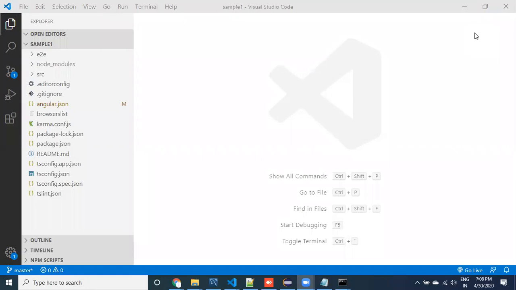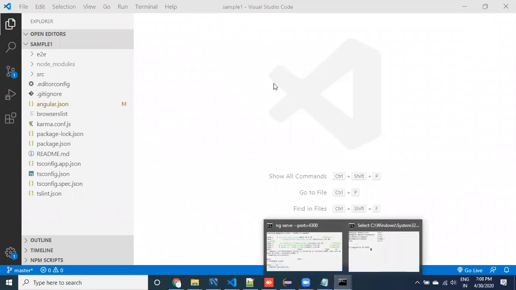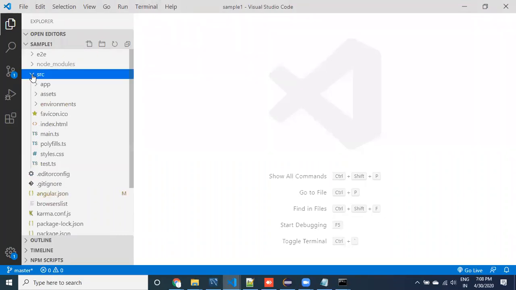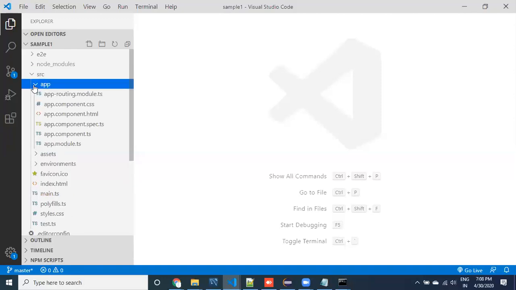Yes, we can use it. Yes, that's right, you have already created the dream app. Yes, that also we can use, but just for my sake, create it again, guys. Once after creating the application, we have opened it. After opening, go to the source. Let me zoom it. You can see in the source, app, assets and environments. Now our code is available in the app.